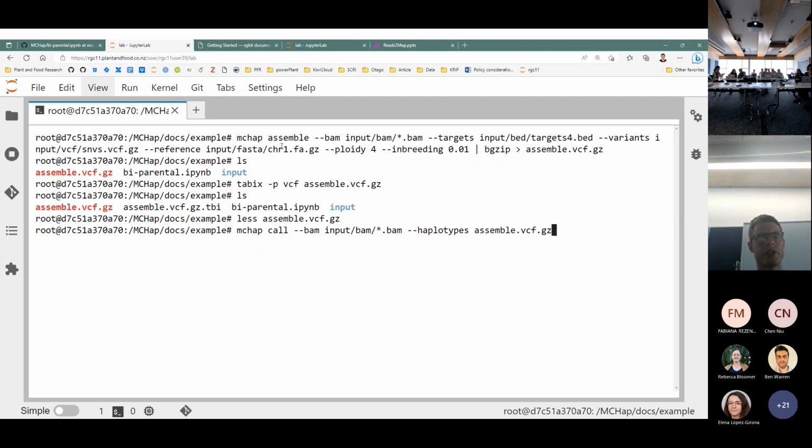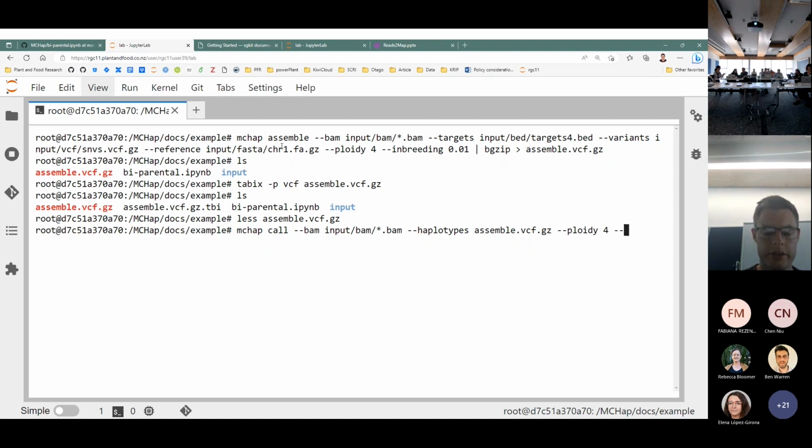For that, we're actually going to use the file that we just created as the haplotypes file. That assembly file already has haplotypes in all of the records, and we're going to reuse those haplotypes. Those are the only two arguments that are required for MC-Hap call,